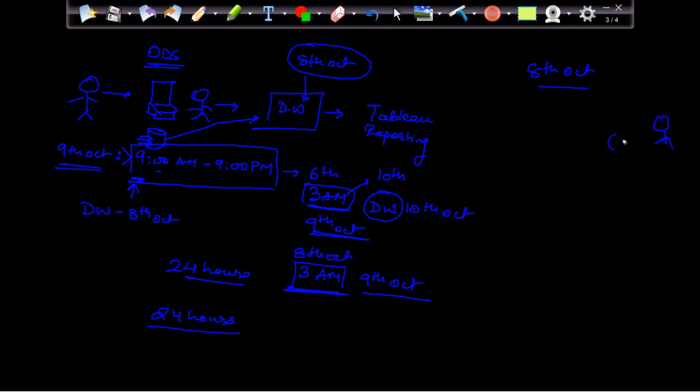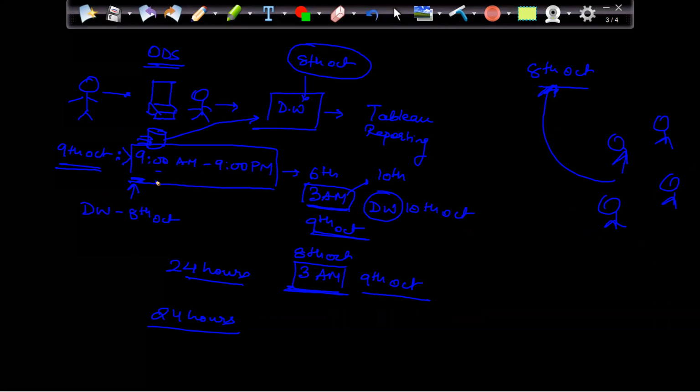Let's say these are my management. They want to understand what's going on in their business. So they want to get the data of 8th October, because 9th October data is still not there, because it is still getting processed, or I am still getting more records. So the data which I am going to connect with is 8th October data, which is present in the data warehouse.